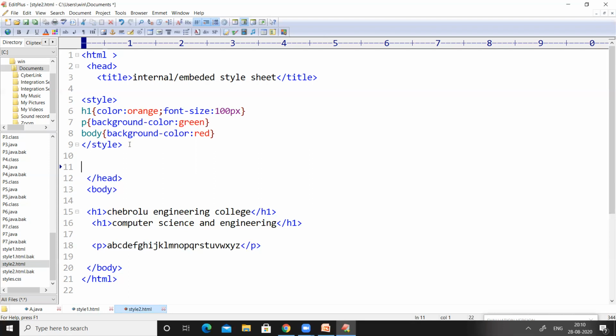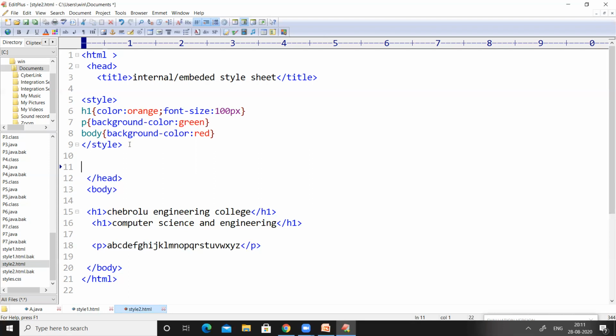Keep one thing in your mind: when we are talking about internal or embedded style sheet, the styles will be applied to the entire HTML document. In inline, the style is applied to only one line. But in internal, the style will be applied to the entire document, right? So if we apply some style to H1 in internal, whenever we use H1, the same styles will be repeated.